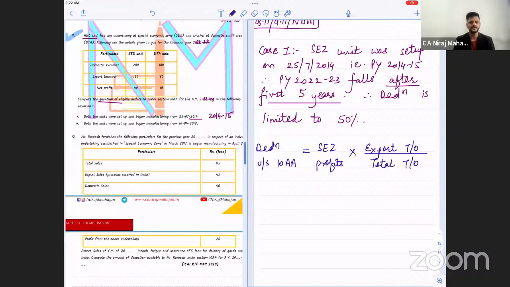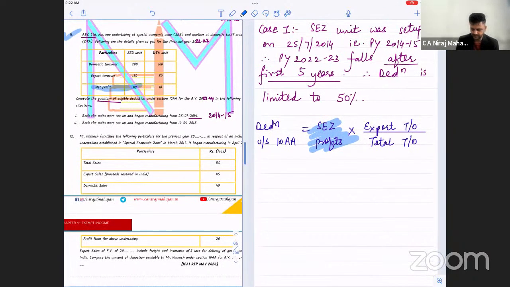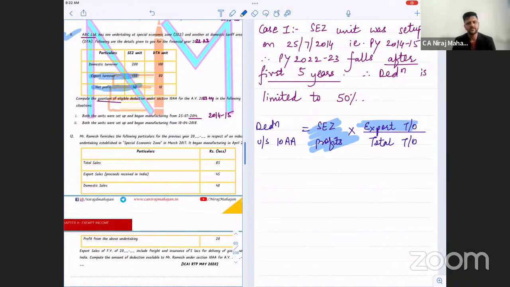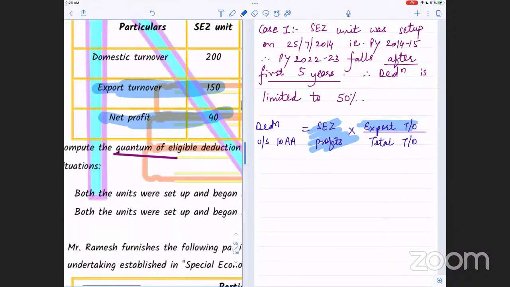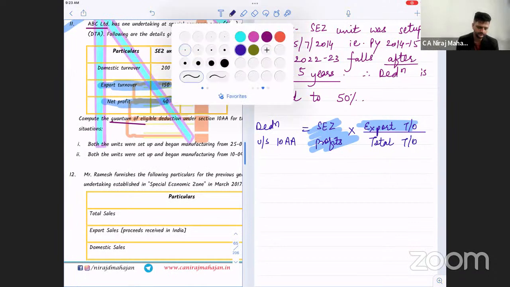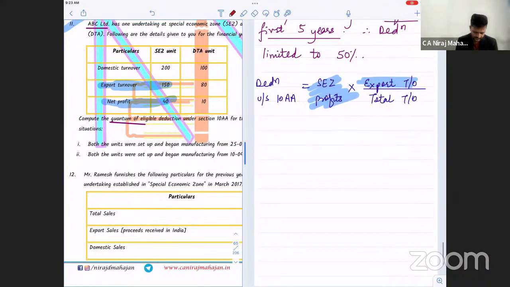You don't read between the lines, your reading is not good, most of you. SEZ profit was given to you, export turnover was also given to you, but you mistook or misunderstood domestic turnover as total turnover. This mistake you did, all of you. Others correct? Yes. So write on particulars